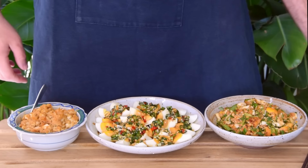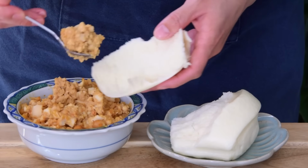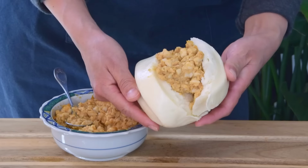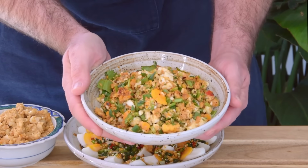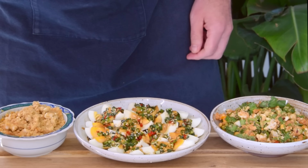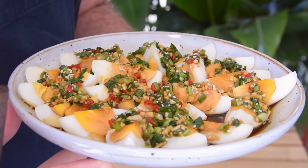So today, we want to teach you 3 Chinese egg salads. First, a humble dish called jidan suan from the north around Henan and Shandong. Second, a traditional Dai dish from the south of Yunnan called chongdan. And finally, a chopped Liangban jidan that's a bit more of a modern home cooking dish popular over on the